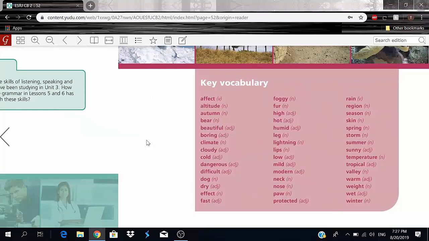Here we go. Effect, altitude, autumn, bare, beautiful, boring, climate, cloudy, cold, dangerous, difficult, dog, dry, effect, fast, foggy, fur, high, hot, humid, leg, lightning, lips, low,